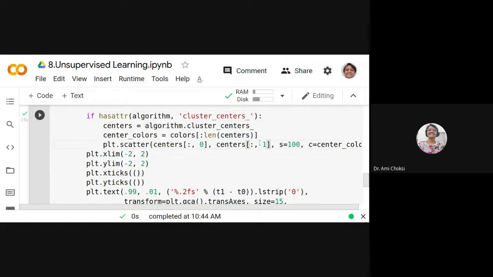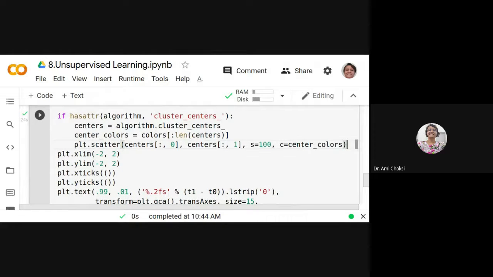If it does not have it, then we do not have to do that. See, if you remember, in the first algorithm, that was the K-means algorithm, first we plotted the clusters, say red circles and violet circles.